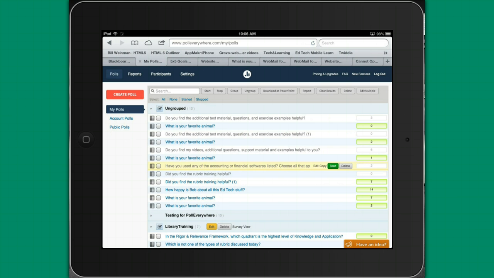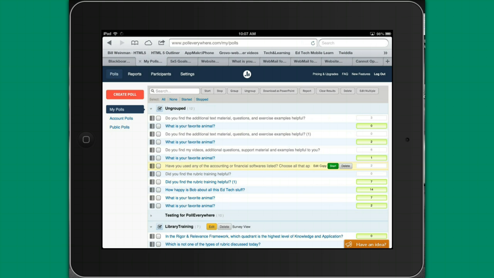And if you look over to the right, the fact that there's that green box means this is a live poll, so people can still be responding to this particular poll. Any of the polls like the one I have highlighted here in yellow, where the box of the number of people who have already participated is not highlighted in that light green color,